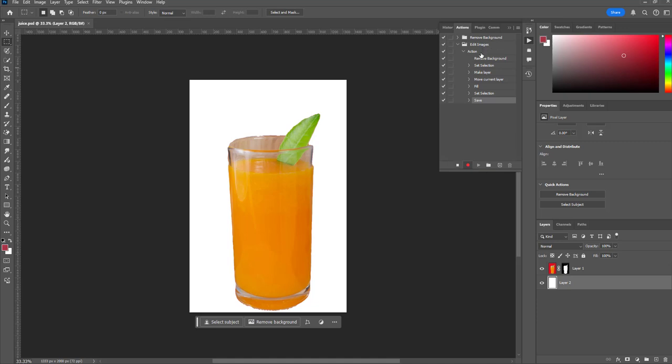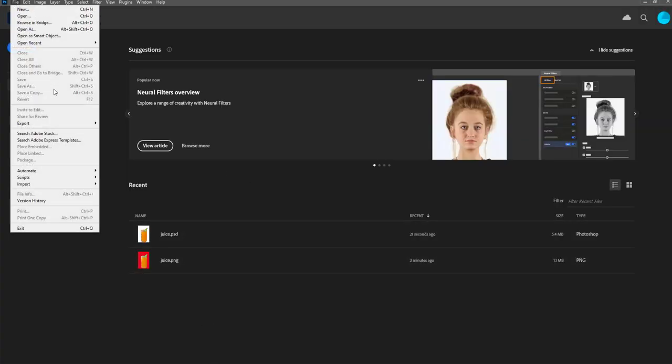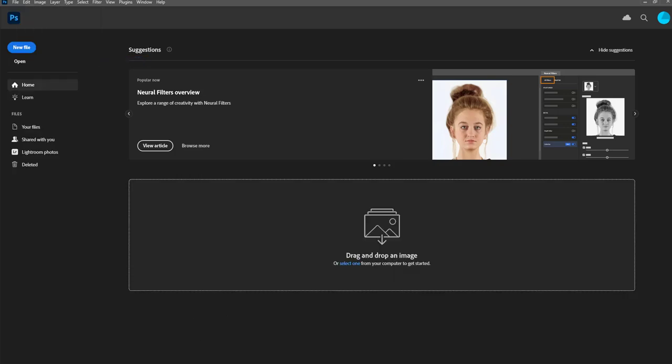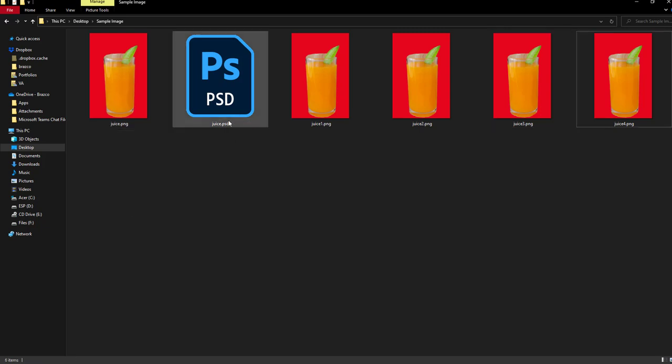The actions have already been made, all actions. We can now stop. Okay. After that, close, and then you can try to clear that. So you can see this is the result for the PNG, and this is the result for the saving of PSD.